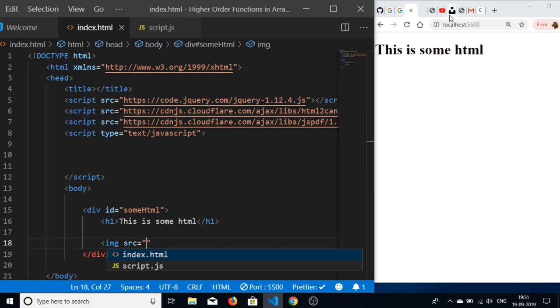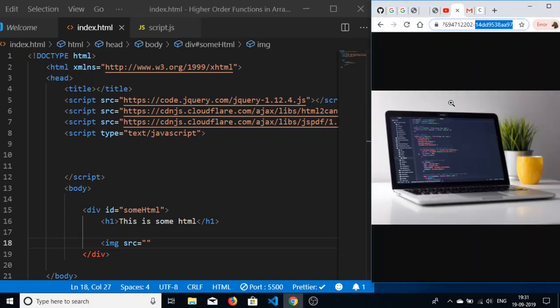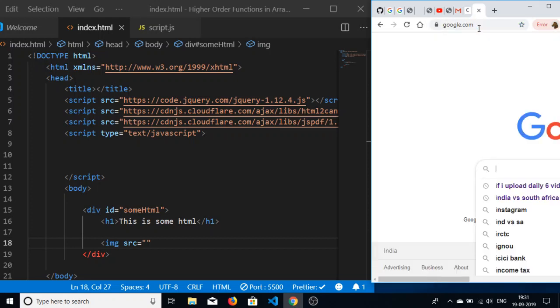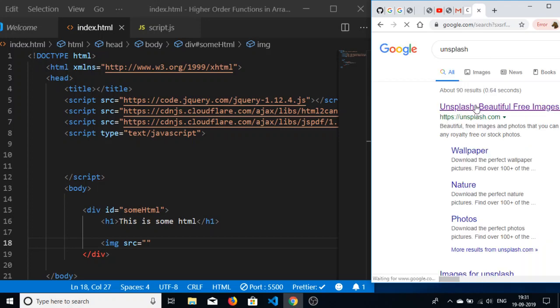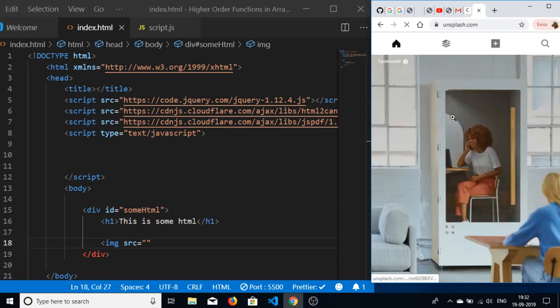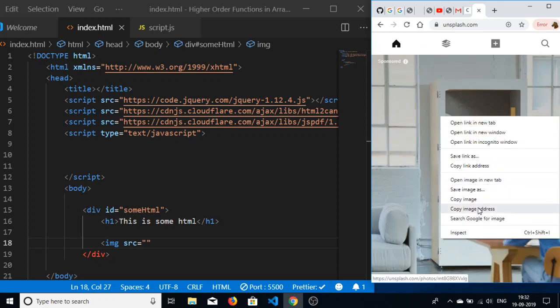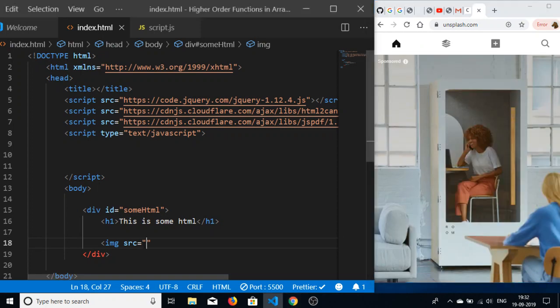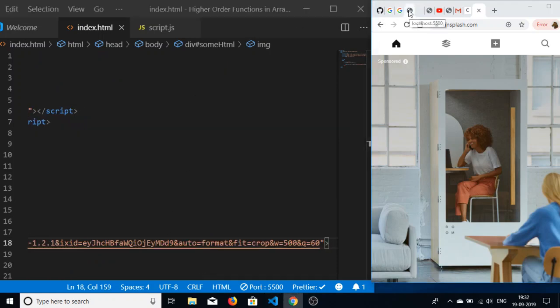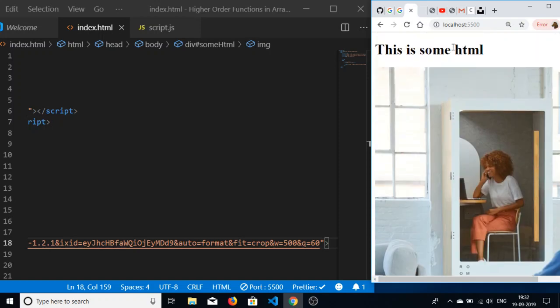You can just use an online website, Unsplash. So go to Google here. You can always embed your own images, but I am just using Unsplash. It is a most powerful tool for online images, a free tool. So I can just copy this image address and paste it here in the source. If I reload the application once again, you can see that this is some HTML and this is